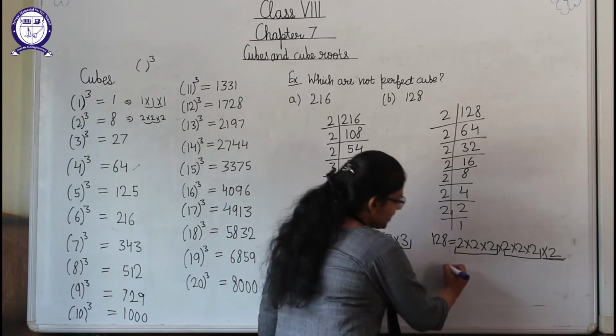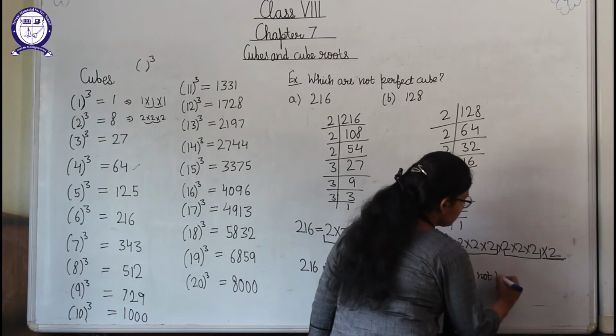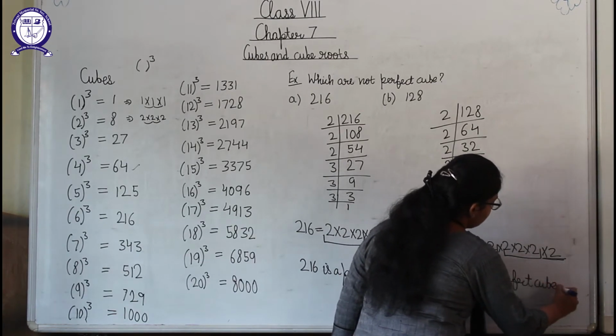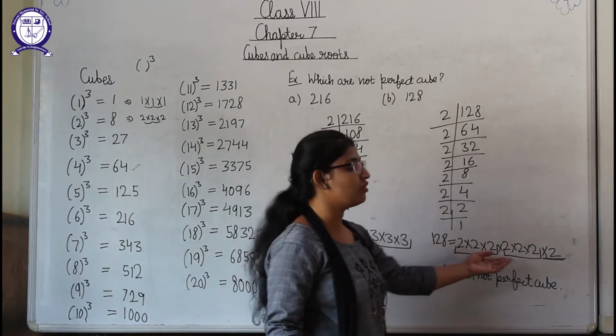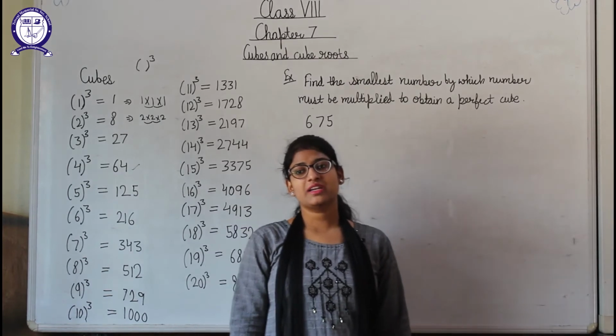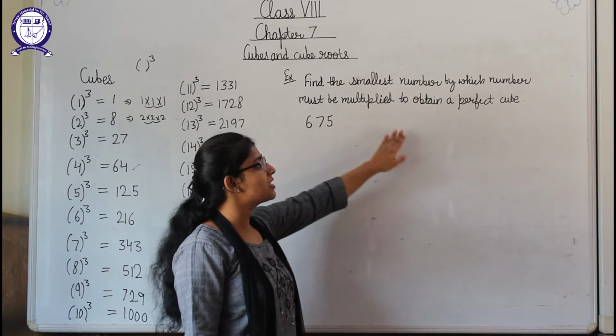So we will say that 128 is not a perfect cube. Why is it not a perfect cube? Because one number is left here, and for a perfect cube there should be pairing of 3 and 3 of all the numbers. Students, our next question is, find the smallest number by which the number must be multiplied to obtain